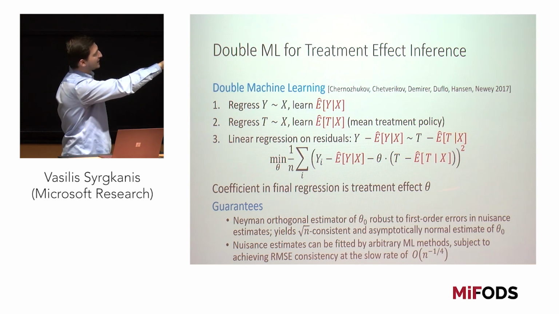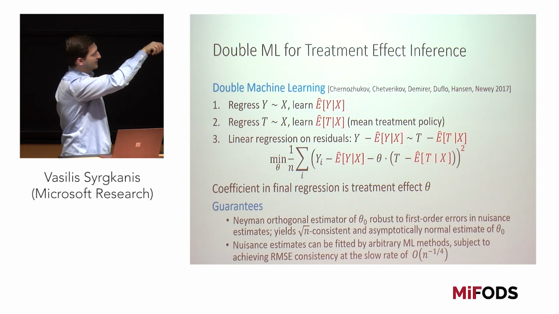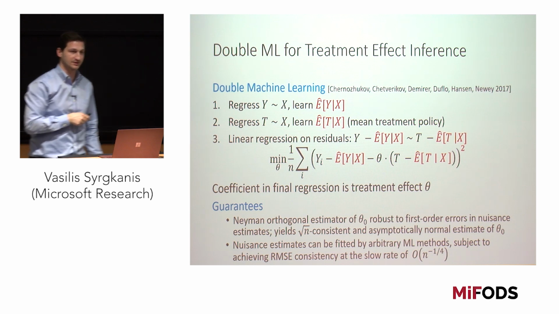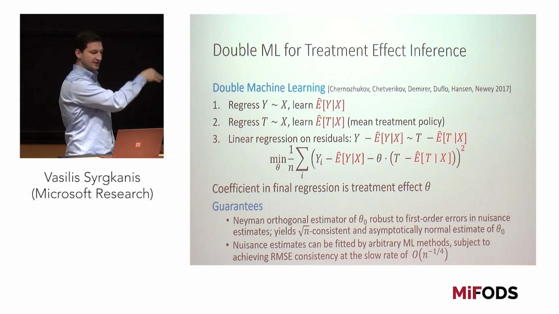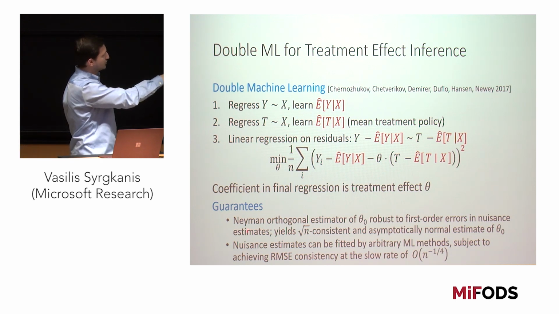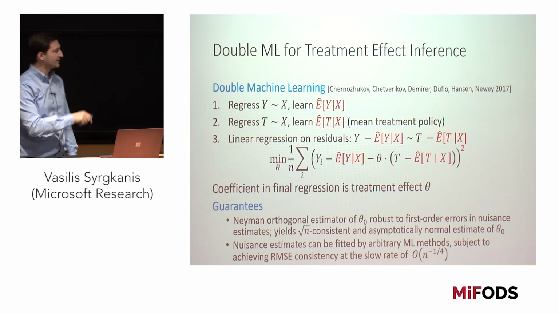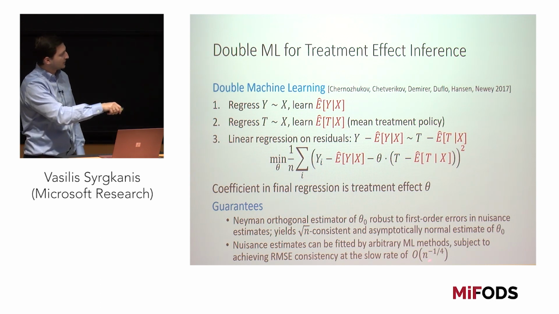So if you take the derivative of this final loss, then this corresponds to what is known as a moment. And so your estimator here is an estimator that is based on finding a zero of a moment that satisfies this notion of Neyman orthogonality. And I'll describe later on, as we generalize this notion, what exactly it is. But this is the reason why you can get away with these rates.